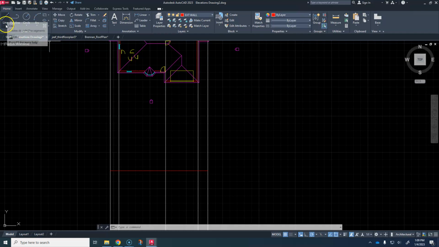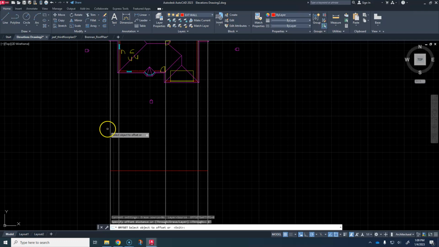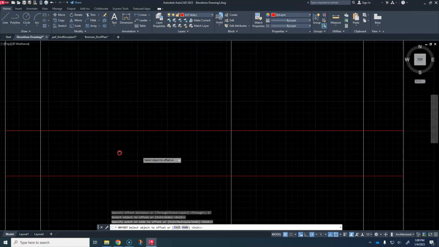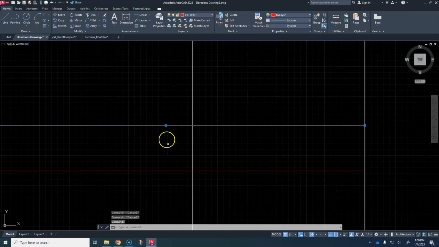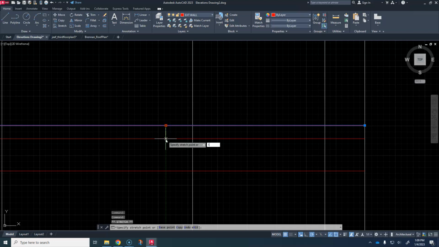And what I'll do is I'll go ahead and offset it 8 foot first. And then I will move it. I'll click on it and go to the move tool. Actually, I didn't have to go to the move tool. I could just click on it and grab it by that middle grip. Bring it down 1 foot dash